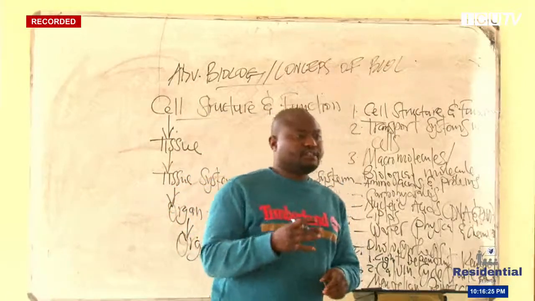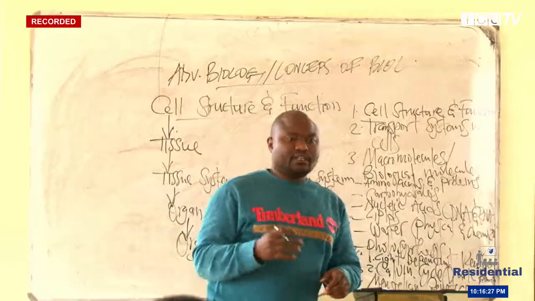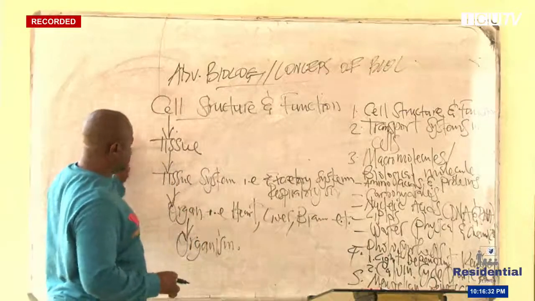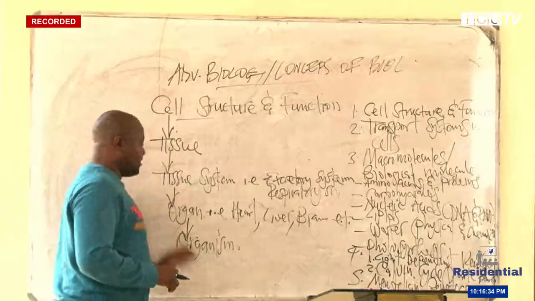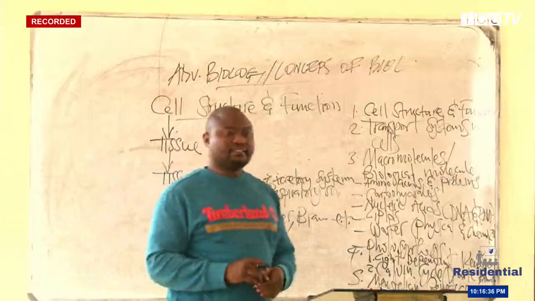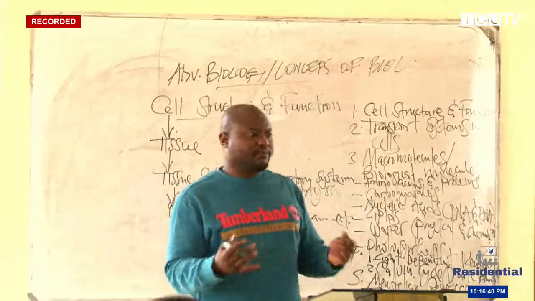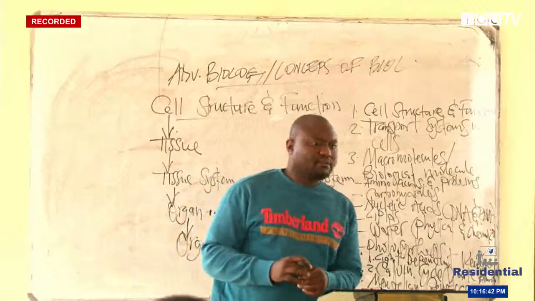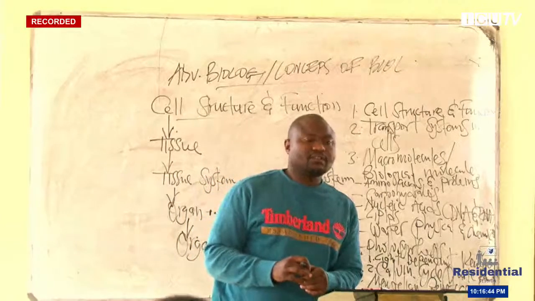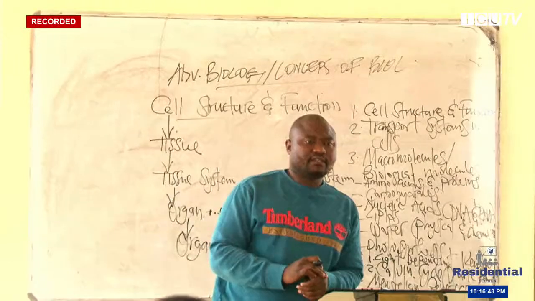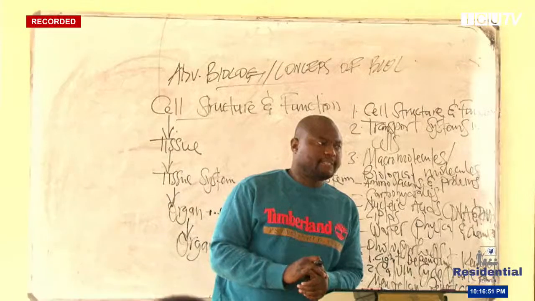A cell is a basic unit of a living organism. So as you see, from cell we have tissue, system, organ, then eventually an organism. And we have a lot of organisms that exist, including human beings. We are organisms because we respire also. We are living things altogether. So that's how important